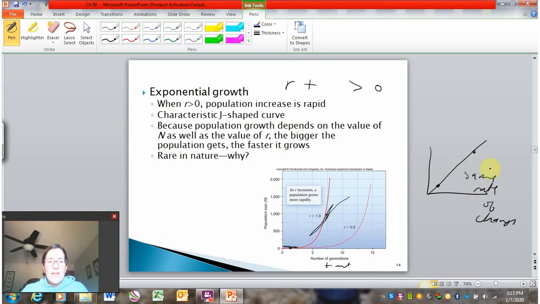Okay, so why is this important? Well, because it tells you that the growth gets faster. Okay, the growth is getting faster. And that's really important to know if you're trying to predict population size. So exponential growth is actually relatively rare in nature. There are certain circumstances where you will at least temporarily see exponential growth, but then that exponential